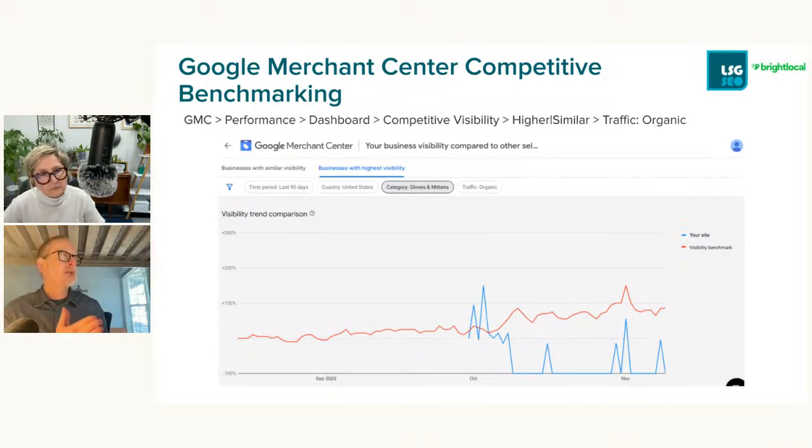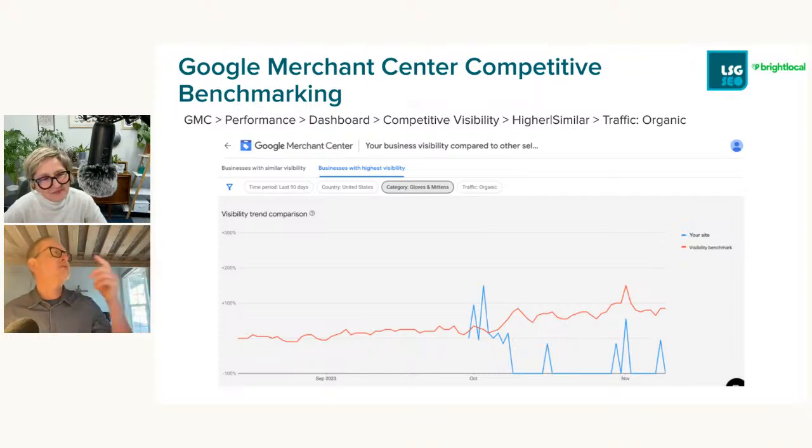I just wanted to spend 2 seconds talking about Google Merchant Center because I think it's the most ignored SEO tool out there, because people don't even know how it works. If you sell products, you should have a Google Merchant Center account, or if your company does, ask for access to it. It has some really interesting data.